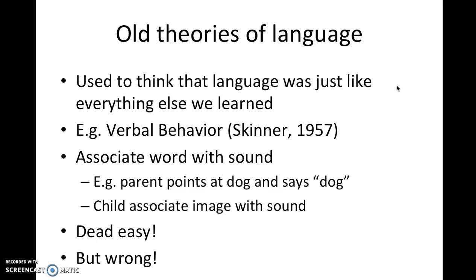He essentially said that the way in which we learn language, or kids learn language, is that we learn to associate a word with a sound, in a similar way to how a dog might learn to associate a bell with the presence of food. Therefore, you get a conditioned stimulus and a conditioned response. The parent points at a dog, for example, and says, "Dog," and the child, over a period of time, will learn that the sound "dog" and the animal dog are associated, and that's how these simple things are learned. Dead easy, but completely wrong,